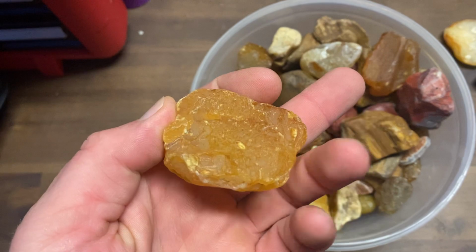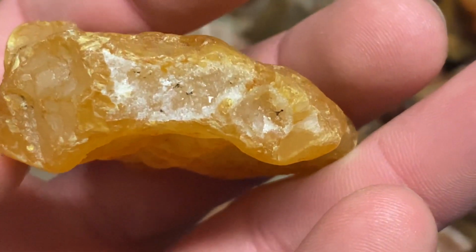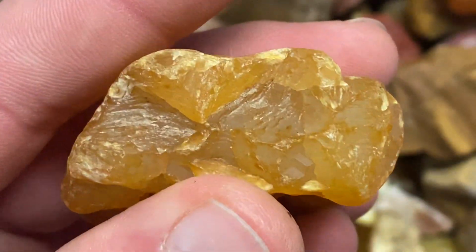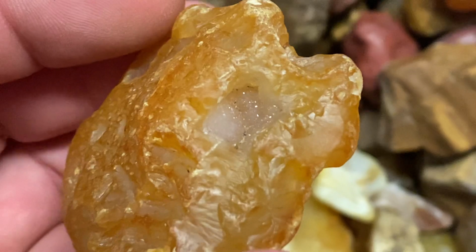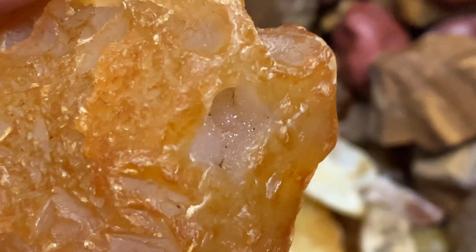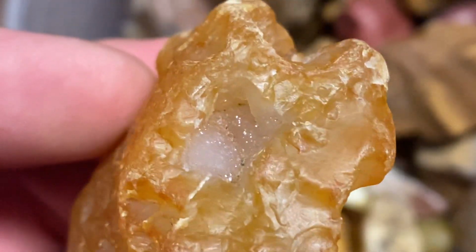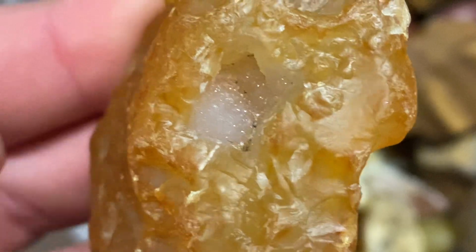Another nice flat agate. There are some cool textures on the back. Little pocket right there. Got some little sparkly quartz on the inside. Did clean that out with the water pick as well. Still a couple little chunks in there that I couldn't seem to get out. But anyway,